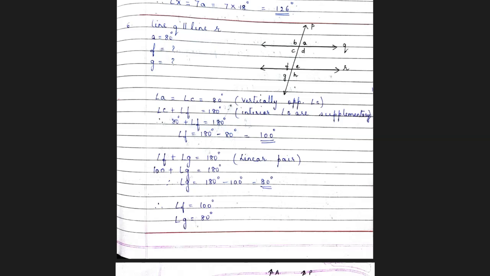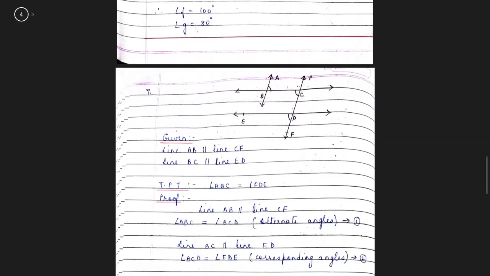There's another way that you can write. Angle A and angle G are alternate exterior angles and hence are equal. Therefore, you can directly write angle G as 80 degrees also. That's another way to do it. There are different ways to solve this sum. You can do it in any of the ways, according to the different angles that are there, provided it is correct. So that's question number 6.